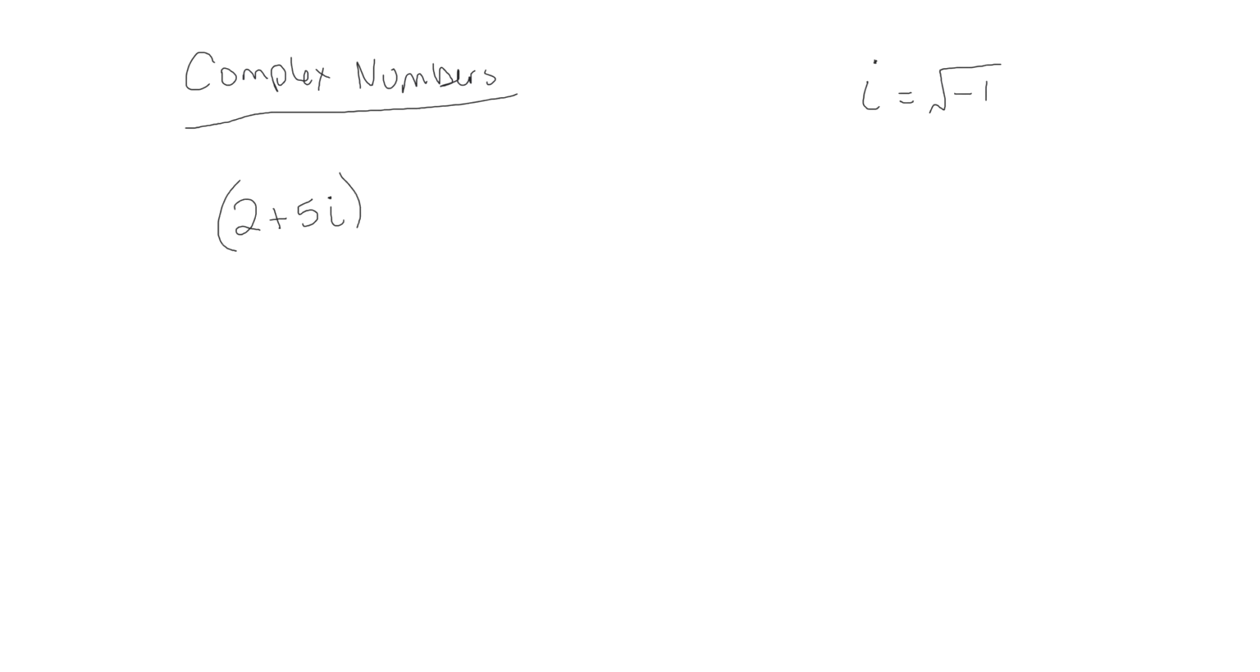Here it comes, there's the chorus. 2 plus 5i plus 3 plus 4i. And you treat it like a variable until you get down to where you can do something with it. And 2 plus 5i plus 3 plus